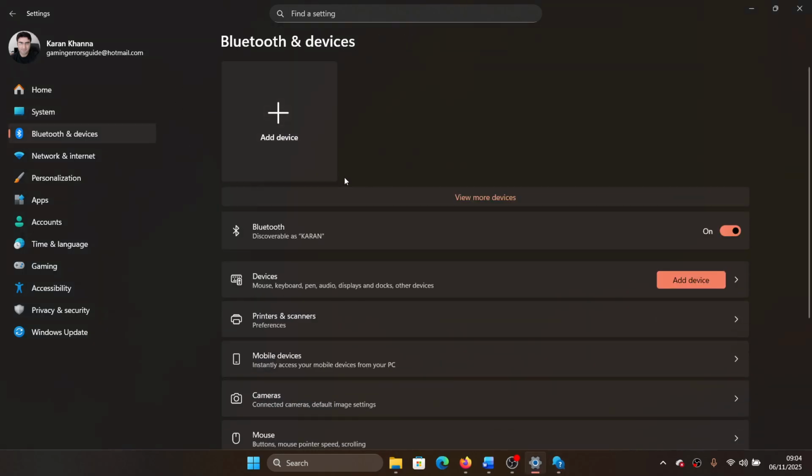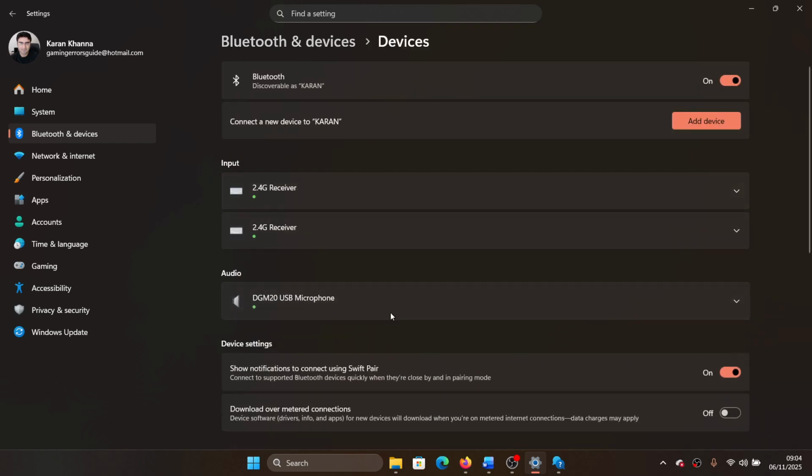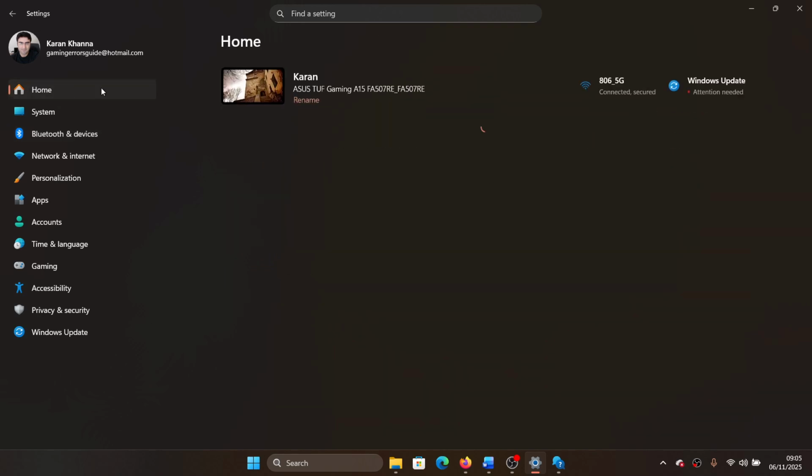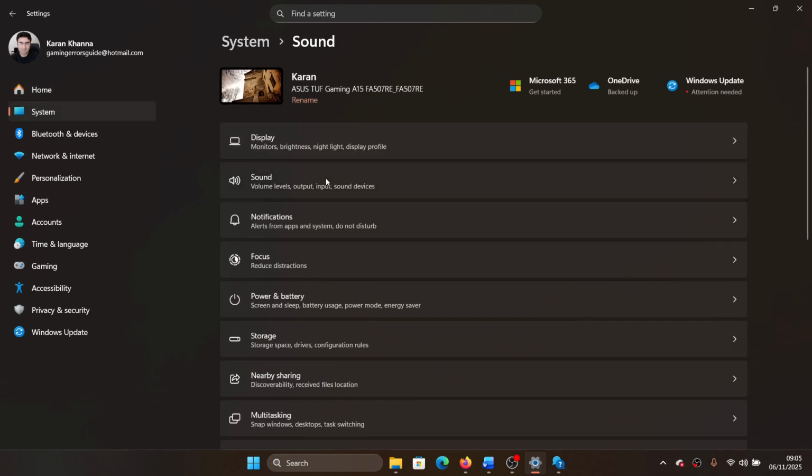Go to the Bluetooth and devices tab on the list on the left hand side and select devices in the right pane. It will show all the connected devices and it might also show your microphone. Okay, now once this is sorted, the next thing that you can do is go to the system tab, select